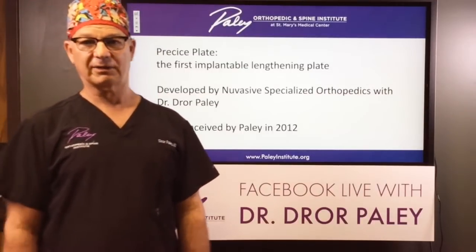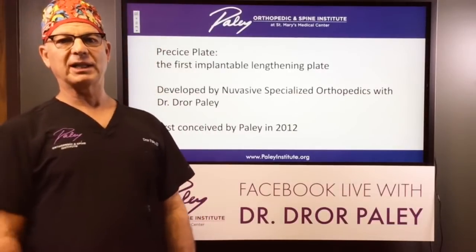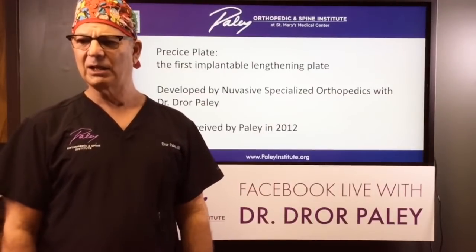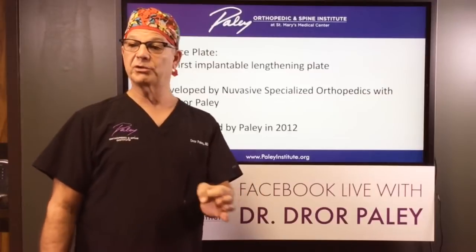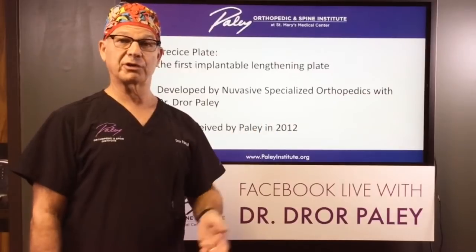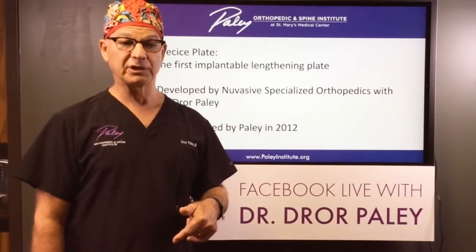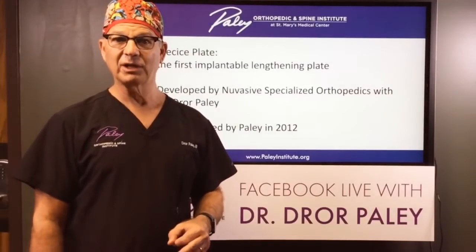So this is what it looks like. It sits on the surface of the bone, and then it extends through here. It has the same magnetic mechanism as the Precise and the Stride nails. Okay, it's the same company, Nuvasive. And it's all internal. Physis means growth plate, so it avoids, that's a growth plate there, avoids putting a rod through the growth plate. And so it's a safer solution,